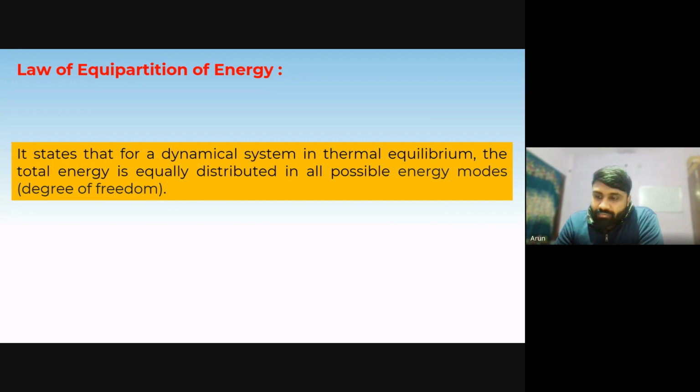In simple words, for any particle, the distribution of energy is directly proportional to the degrees of freedom. Whatever the number of degrees of freedom that particle or system possesses, in that many ways the energy is distributed equally. Okay, so for example, we know that